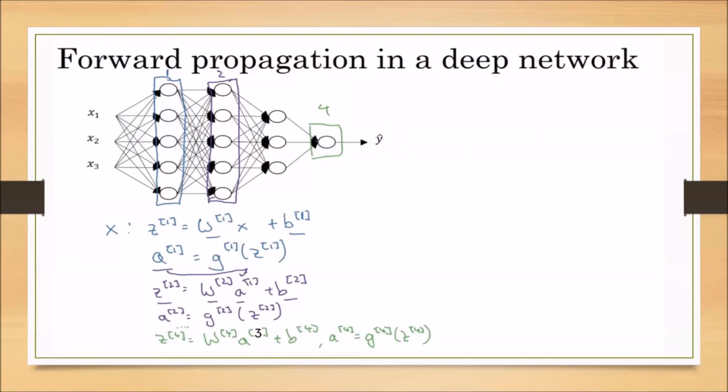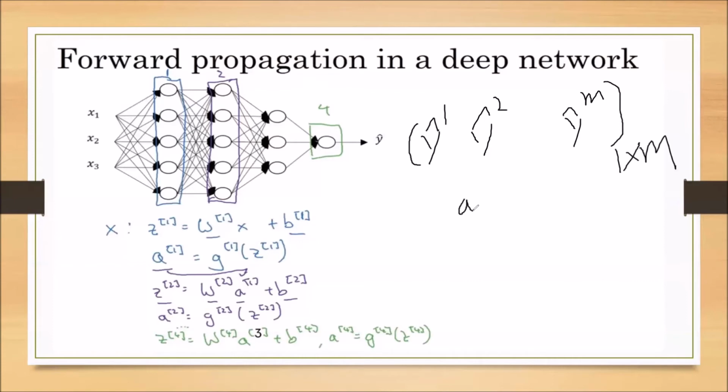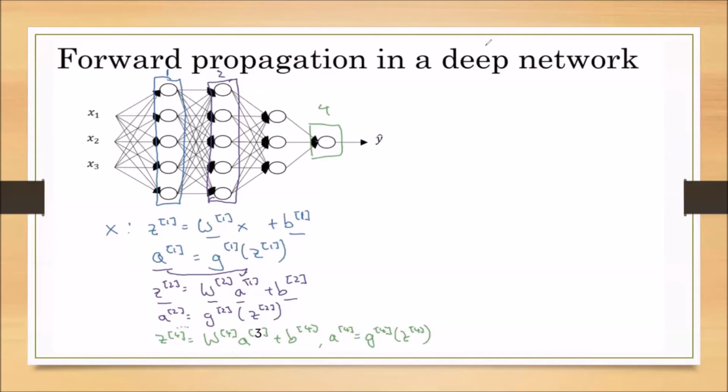But I want to know the predicted outputs for all M training samples. If we want to know the predicted output for all M training samples, then we are expecting the predicted output for the first training sample, the predicted output for the second training sample, and the predicted output for the mth training sample. Means we are expecting a 1 by M matrix. Means the capital A4 matrix must be a 1 by M matrix, consisting of the predicted outputs of all M training samples. For that, we are vectorizing.